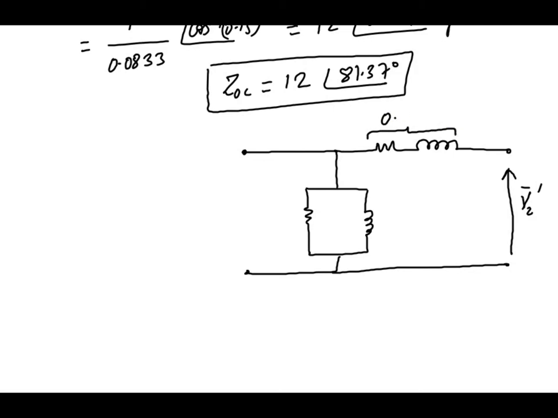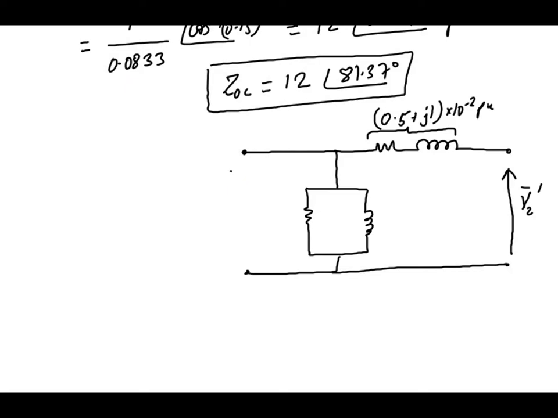And it is given in the question, it is 0.5 plus j1 into 10 to the power minus 2 per unit. We have already seen that this is the advantage of the per unit system: if Z per unit is given, there is no need to refer it to primary or secondary, because if you refer it to primary or secondary, the value of Z per unit will remain the same. So whether you are referring the circuit diagram to the primary or secondary, the Z per unit will remain 0.5 plus j1 into 10 to the power minus 2. Here we are referring this circuit diagram to the primary side, so Z per unit will remain the same.